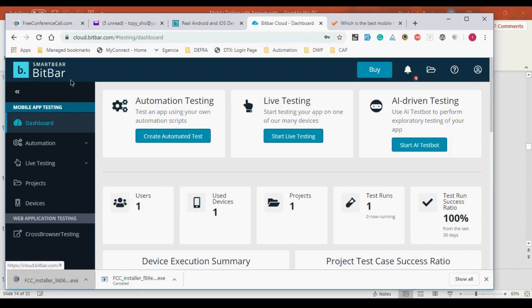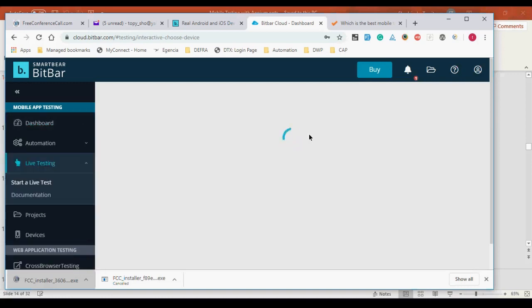It gives us the opportunity to create automated tests. It says start live testing. Start testing your app on one or many devices. So if I click on this one, this should give me